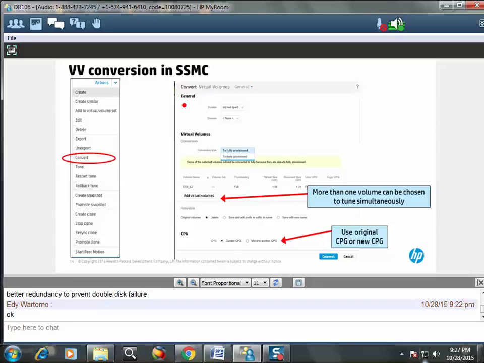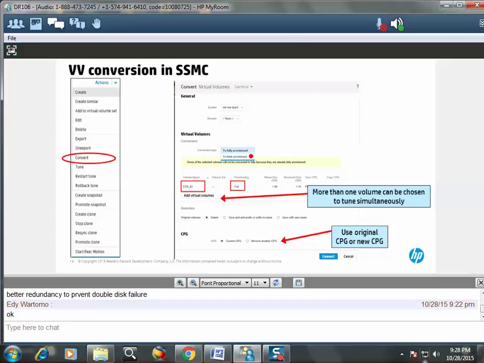You can highlight a volume, and the screens are very similar to the DO tune, because the actual algorithm to convert a volume is similar to the algorithm 3PAR used to do a DO tune on the volume. So what happens when you convert, you just choose volumes. Like in this example, they're going to take this one volume called ESX62. Now it can be exported or unexported. This volume is a fully provisioned volume, and then they're going to convert it